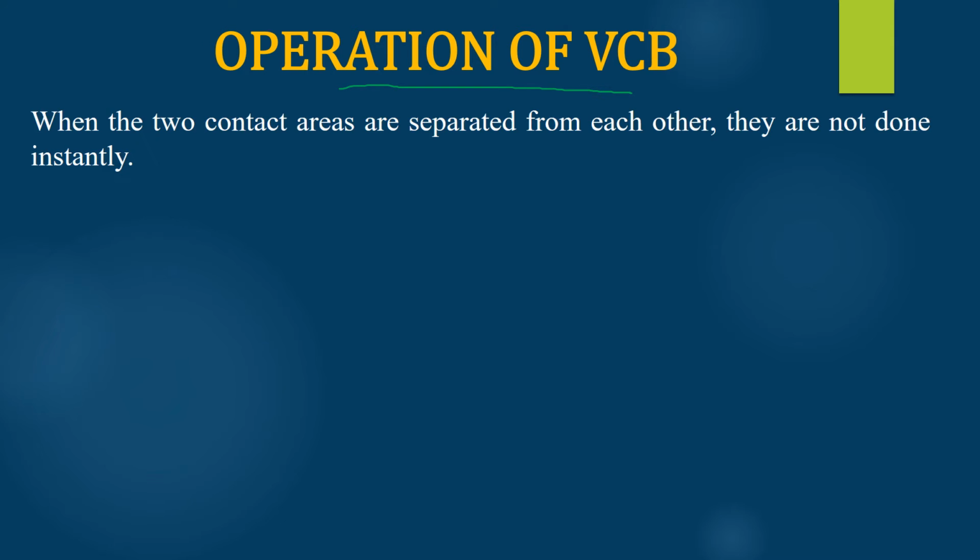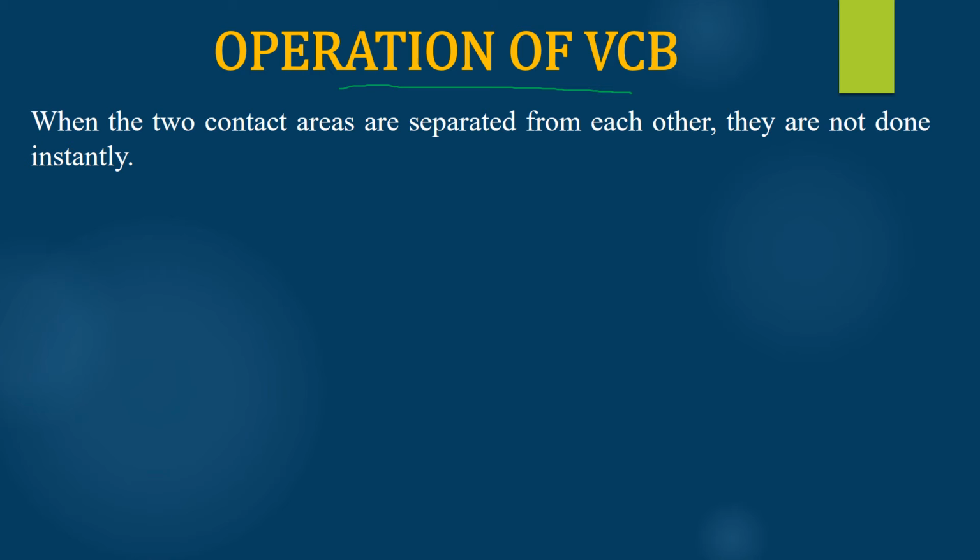Operation of vacuum circuit breaker. We must understand that the main aim of any kind of circuit breaker is to quench the arc which is established between the two contacts during the current zero crossing by establishing high dielectric strength between the two contacts, so that we can prevent the re-establishment of arc after current zero. So the overall aim of any kind of circuit breaker is to quench the arc as soon as possible and prevent its re-establishment. The same is done in vacuum circuit breaker.